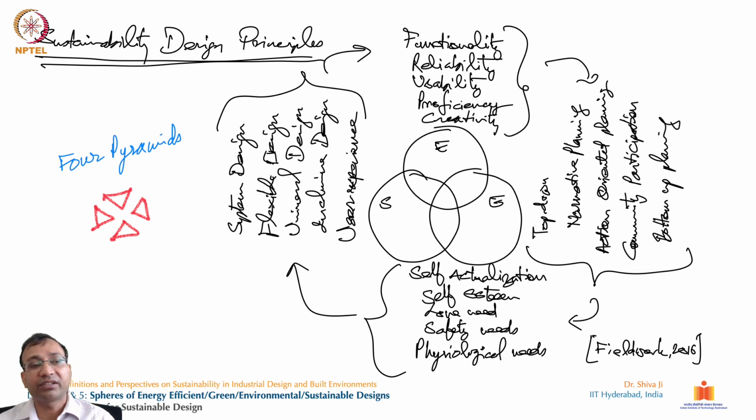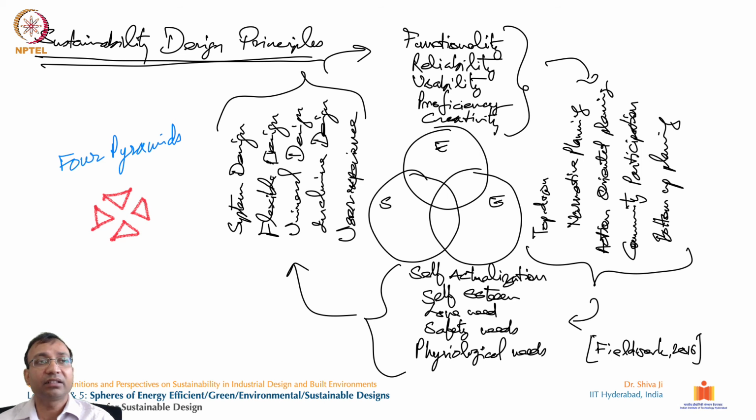In the bottom one, it starts from Maslow's principle, which you may all be aware of, and corresponds to Maslow's pyramid: physiological needs, safety needs, love needs, self-esteem, and self-actualization. This is when we reflect on our life and overall productivity. On the right-hand side, it starts from the bottom-up planning approach, then goes to community participation, because no design can succeed without the participation of its people. The next is action-oriented planning, then normative planning, and then advocacy and the top-down planning approach. So they are interrelated.